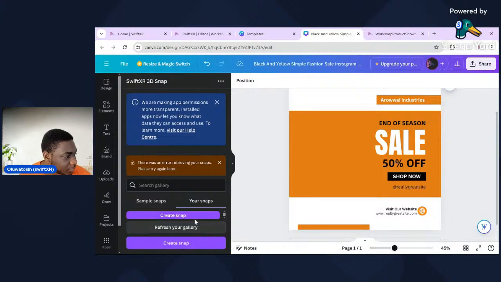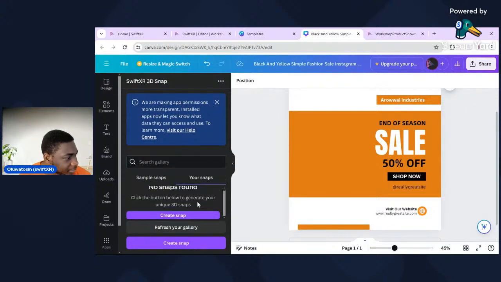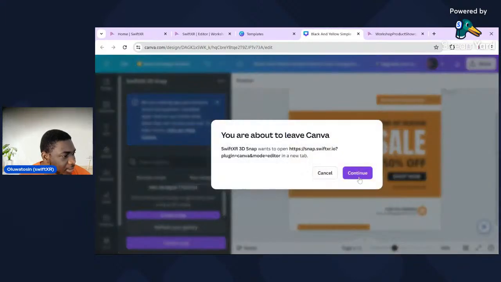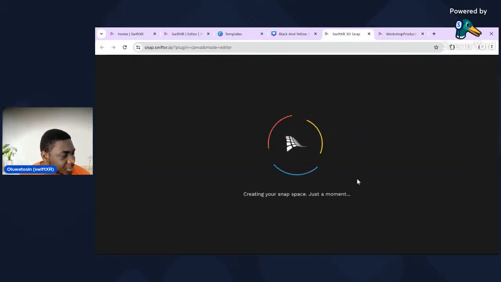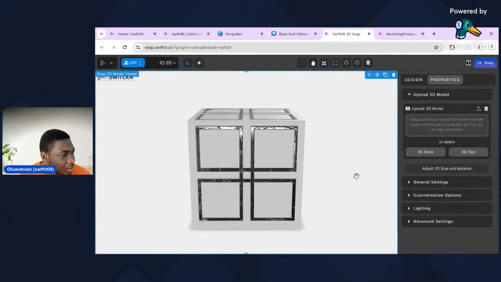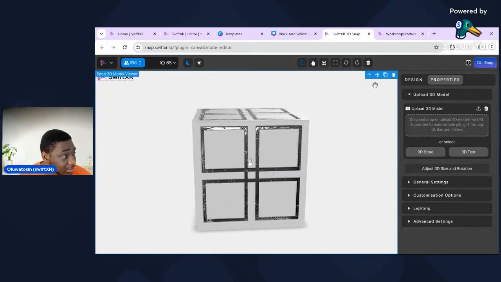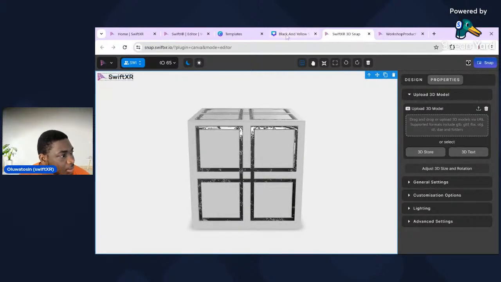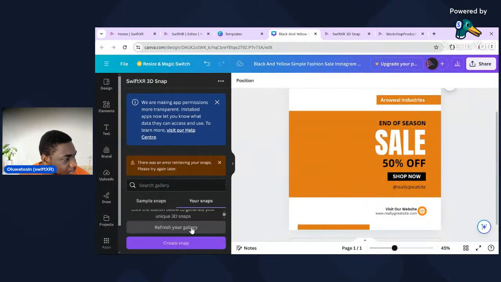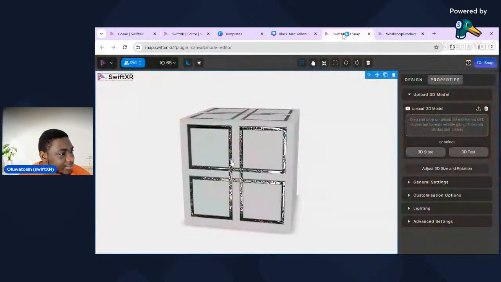And let's refresh that. If it's not showing up, I'm most likely logged into the wrong account here. And let me just click on create snap just to be sure we are logged into the same account. There is a high chance I'm not logged into the same account if we're unable to see this here. Okay, so what we'll do is